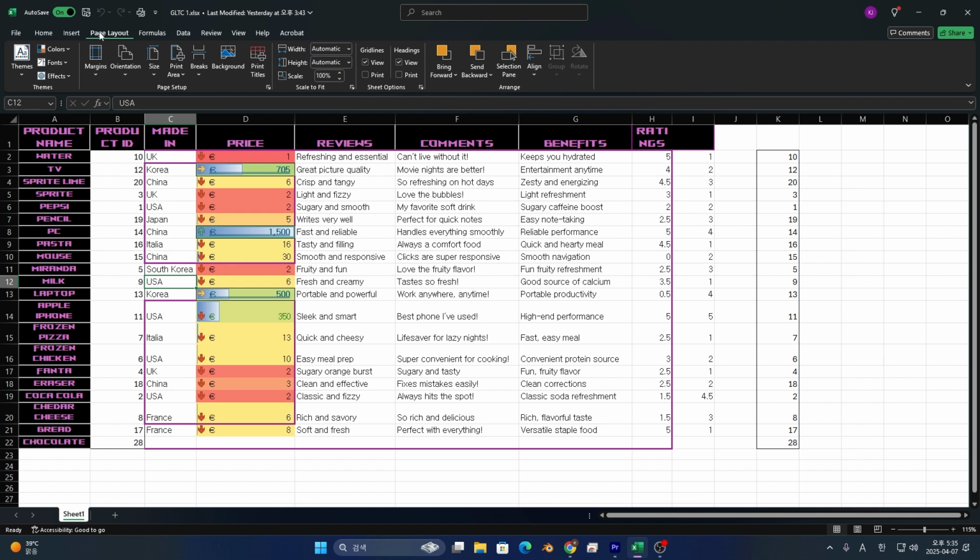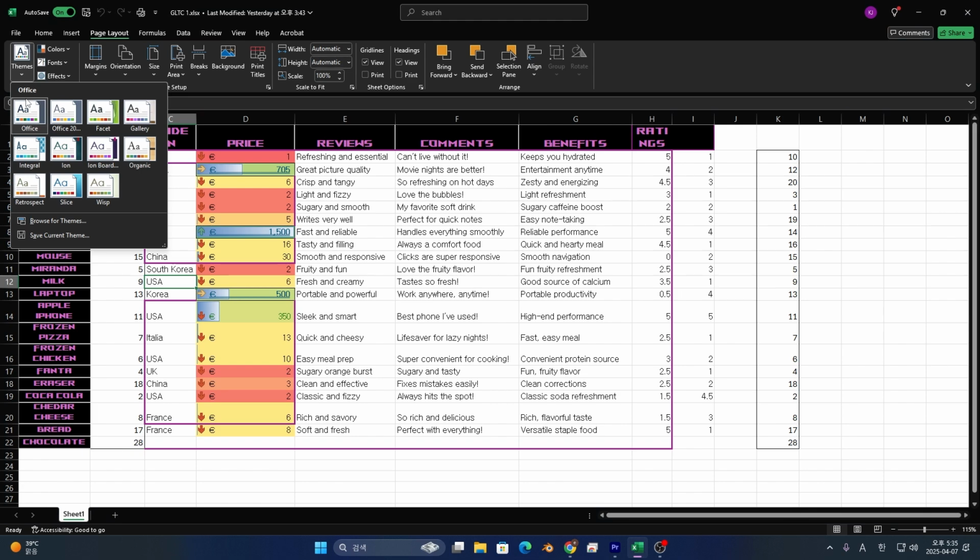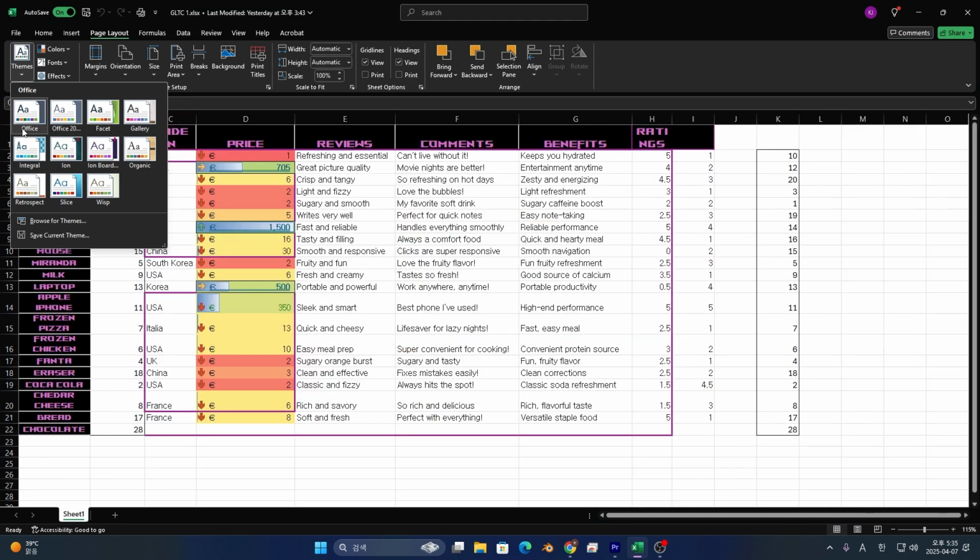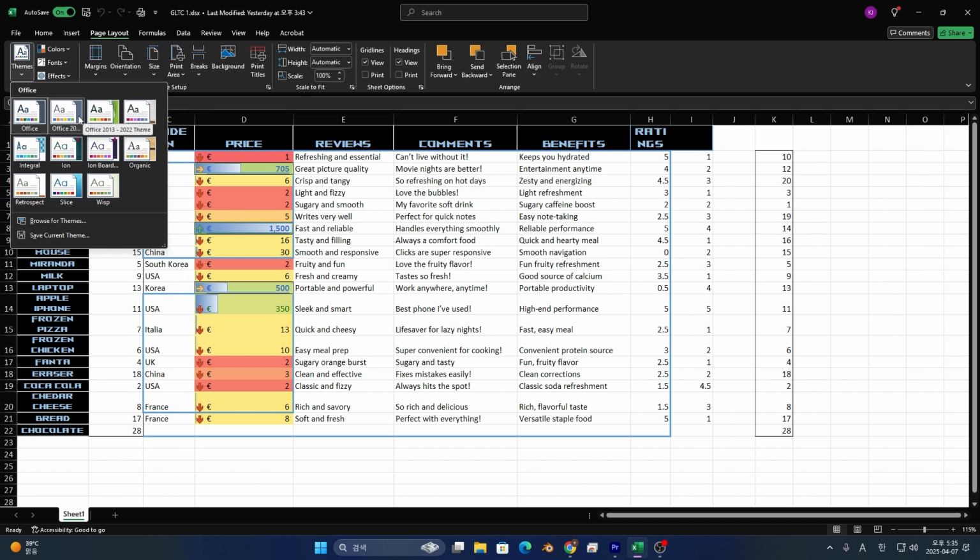Choose from built-in themes or create custom themes by modifying these colors and fonts. Applying a theme ensures a consistent and professional appearance. We're going to start with themes. When you click on this, you can see different types of themes, such as Office 2013 to 2022,